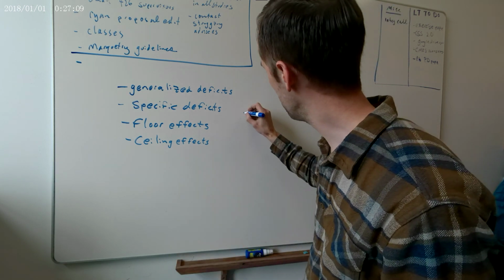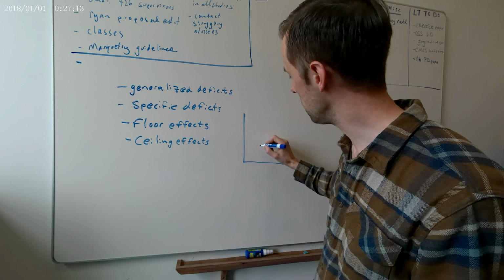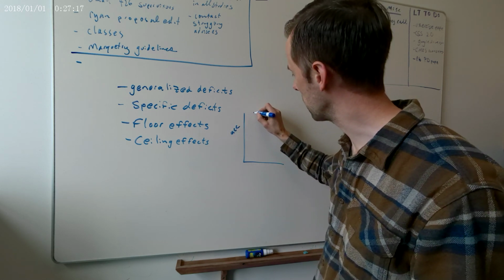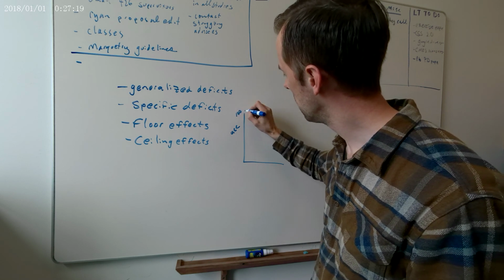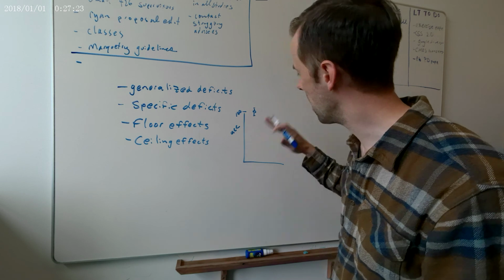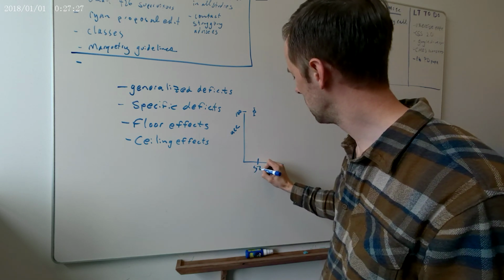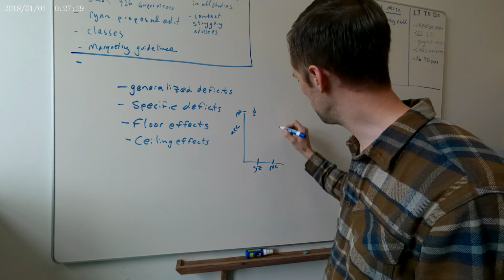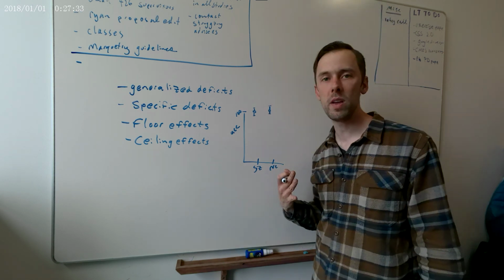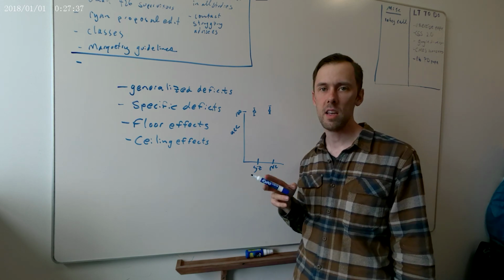a group of people with schizophrenia and you measure their accuracy on something and you say, okay, look at that. People with schizophrenia are performing near 100% accuracy. And people who don't have schizophrenia are also performing at 100% accuracy. What can we conclude from this? Well, we can't conclude anything, because